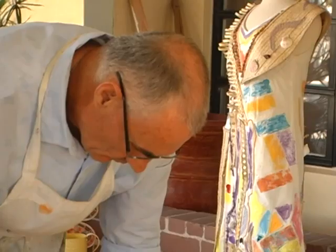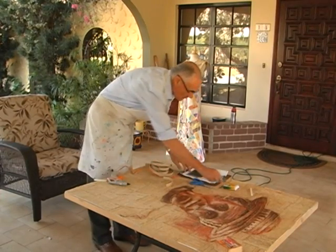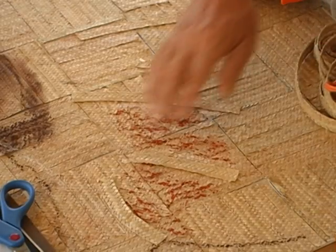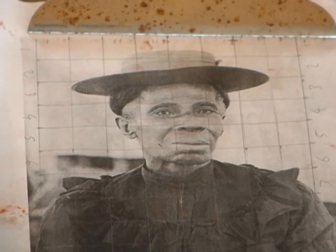Well, thatch is a very organic material, and it seems that the work grew organically. I wasn't quite sure how I was going to handle a piece of artwork on thatch. And I chose a sanguine because that's a natural pigment as well, and everything seems to blend together. It's based on a photo from a Caymanian book,